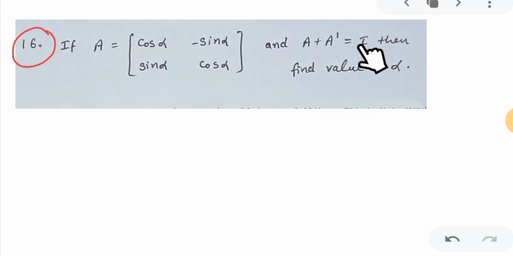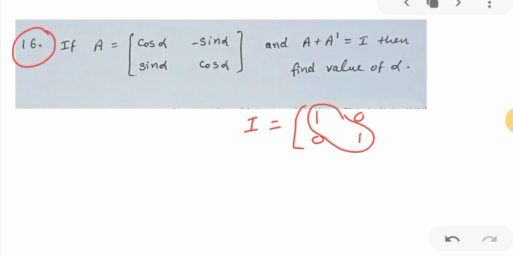I means identity matrix. Identity matrix, you know, if I talk about the identity matrix in 2 order, this is second order, correct? So in second order, 1, 0, 0, 1. Apart from the diagonal elements, every element will be 0 and the diagonal elements will be 1. So this is the identity matrix of order 2. If order 3, then again the same thing, correct? Diagonal elements will be 1, rest of the elements will be 0. But here we are discussing a 2 order matrix. So in a 2 order matrix, the identity matrix will be 1, 0, 0, 1. So this I means nothing but 1, 0, 0, 1.